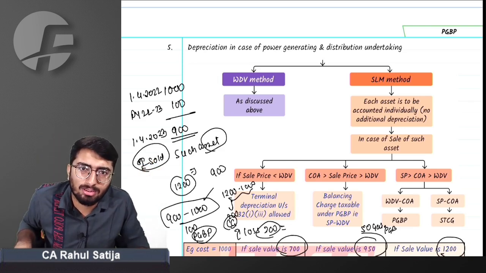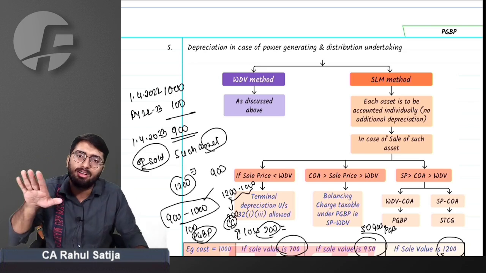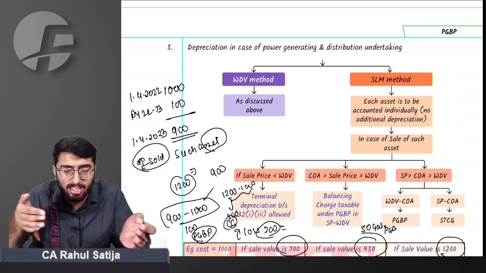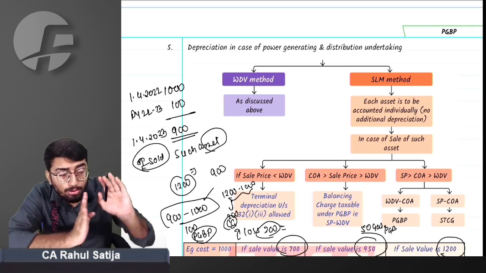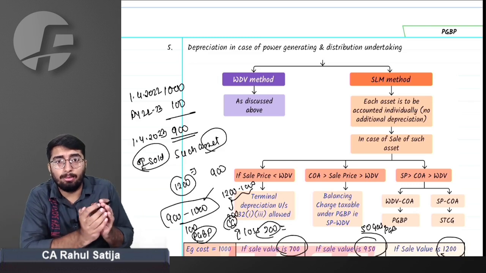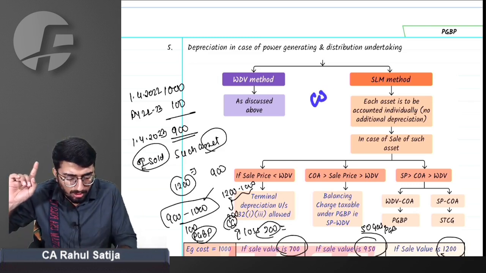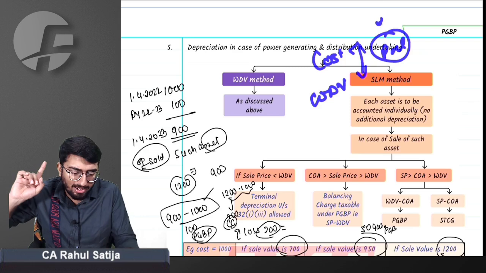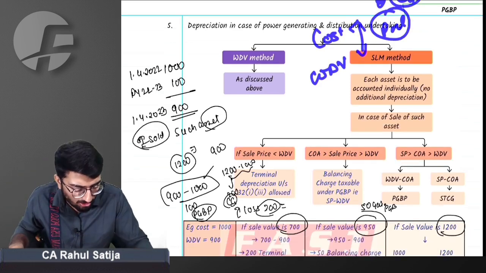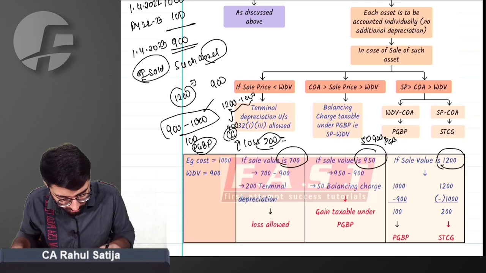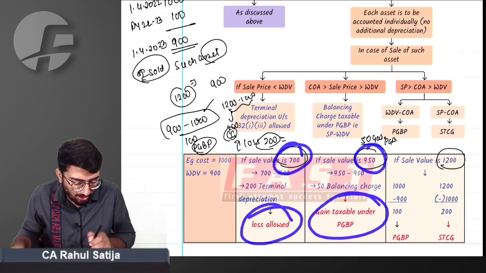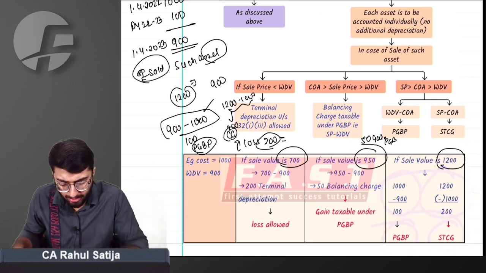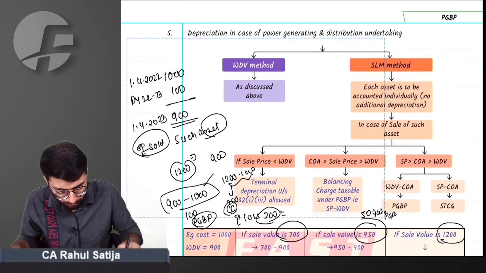Can I say that point? Yes, sir. Because you have claimed a depreciation on that asset, and to the extent the expense was charged to P&L, that income should also be charged to P&L. For that matter, gain from WTV to cost will be chargeable to P&L, and balance above cost will be chargeable to capital gain. This is how the thumb rule works. Sir, 200 loss allowed, 50 gain allowed. Sir, 1200: gain up to 100 is taxable under PGBP, gain up to 200 is short-term capital gain. I hope things are very much clear to you.